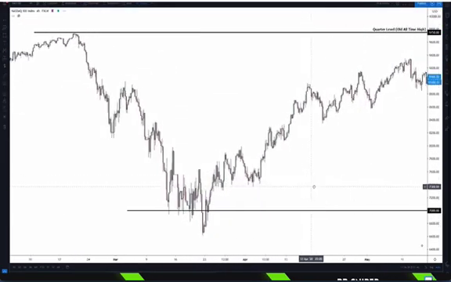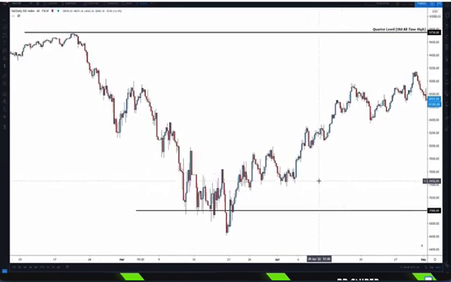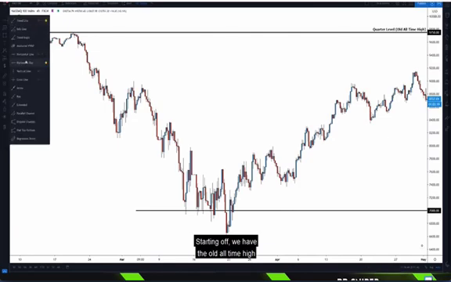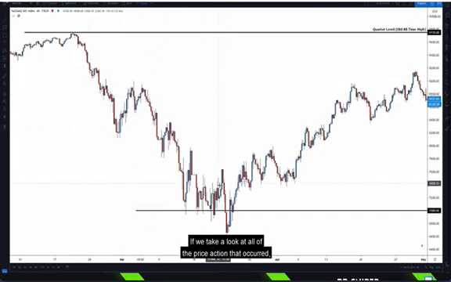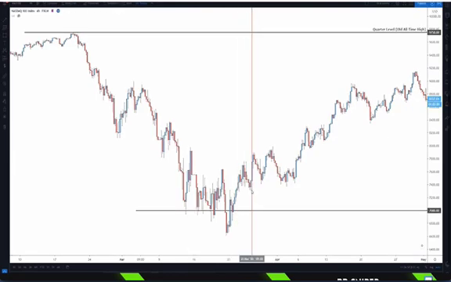So let's go back. Starting off, we have the old all-time high down to the low. If we take a look at all of the price action that occurred, and we can utilize the replay mode if we'd like,